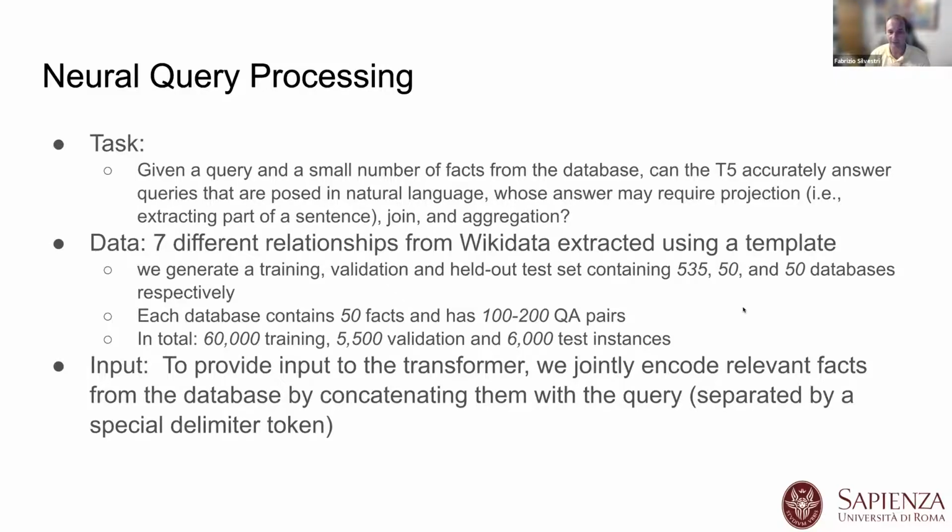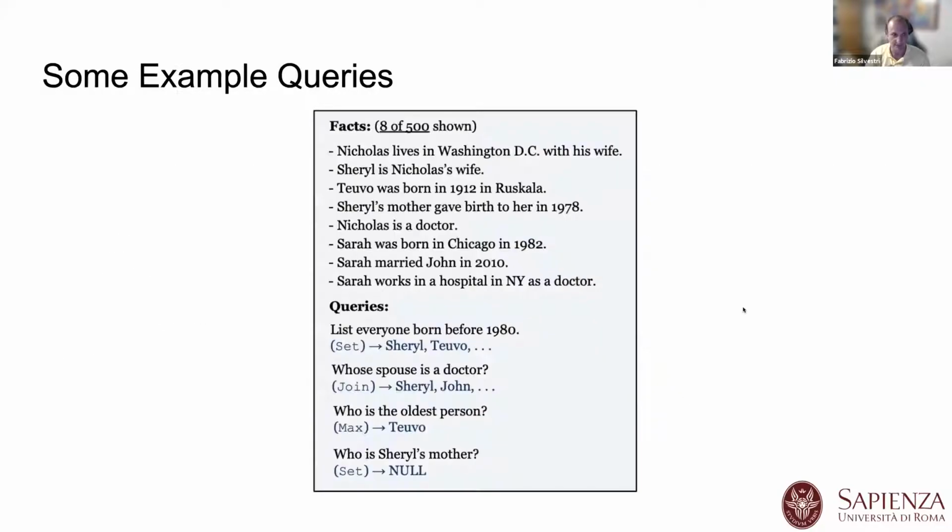So this is the task. And in fact, we were also challenged with the task of building a data set on which to train and test these kinds of ideas. So part of this research was spent in building the data set. And I would say the bulk of the ACL paper is on how we are building the data set. We are going to show some of the details in the next slides.